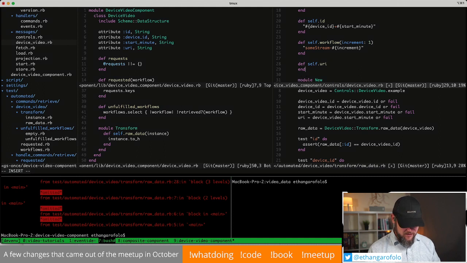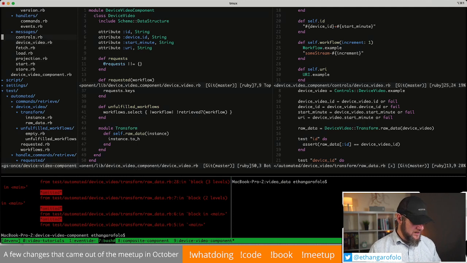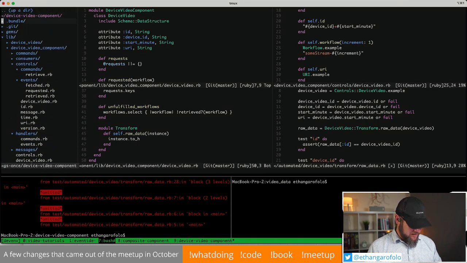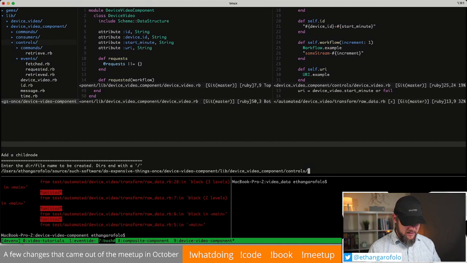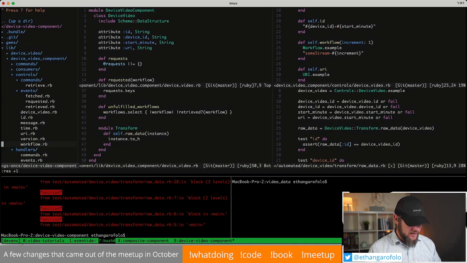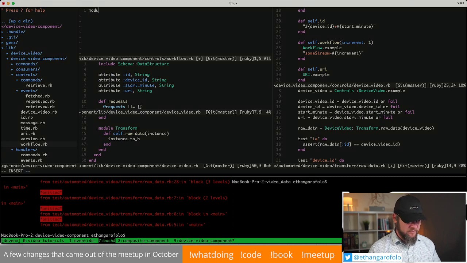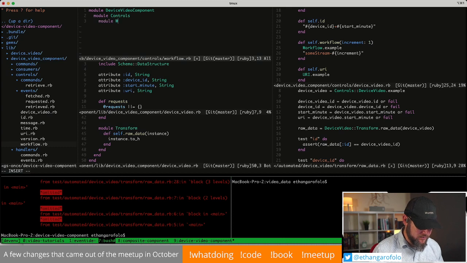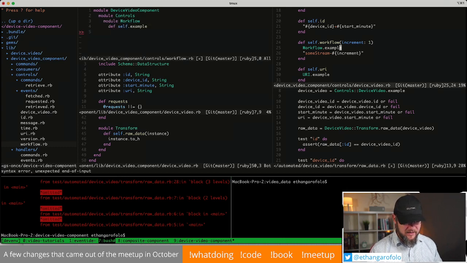We're gonna add URI here, and it is okay to leverage the URI example, just as we don't have it yet, but we will have a workflow example like so. So let's come up here to our controls and add a workflow like so. And then we can open that file: module, device video component module, controls module, workflow, def self.example, and into there,